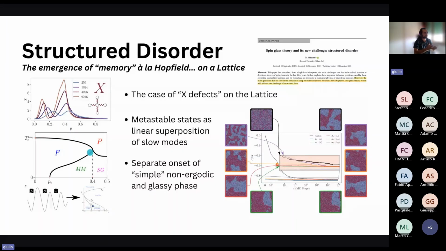critical point, it turns out that the real spin glass phase emerges. In this case, we call this system a Hopfield-like memory, where you can encode memories in this system as a superposition of these lowest modes. And it turns out that the minima are well separated until you overcome this 0.4 threshold, which is the onset of the competing transition, where regions start competing, and so you have clearly separated the two phenomena, the non-ergodic phase and the glassy phase, also at the structural level. That was impossible to see with the single links because of the chaotic nature of the other kind of disorder.